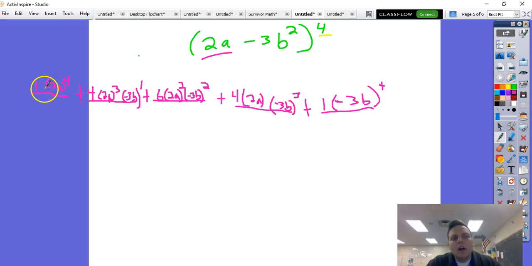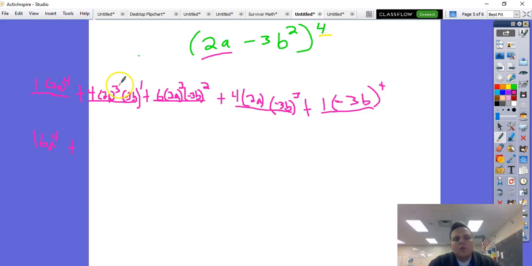So, 1 times 2a to the 4th. Okay? Well, what is 2a to the 4th? Well, that's 2 to the 4th, a to the 4th. Okay, well, what is 2 to the 4th? That's just 16. So 1 times 16 is 16, so we get 16. And then a to the 4th is just a to the 4th. So we get 16a to the 4th plus, all right, now we have